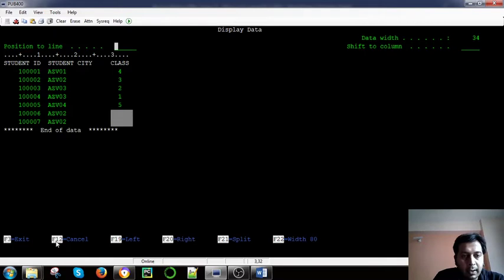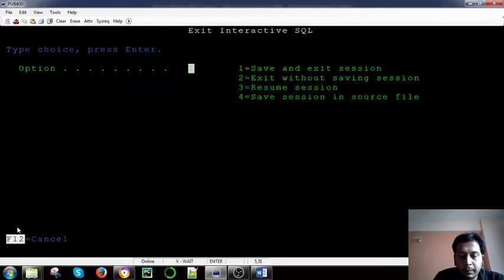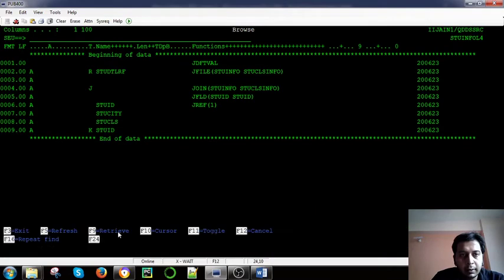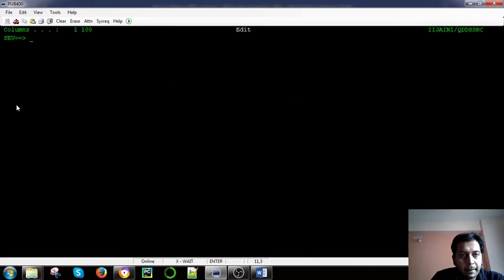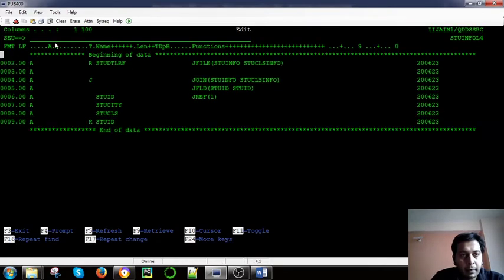And how is this left join coming? Suppose we remove this keyword and then compile this program.